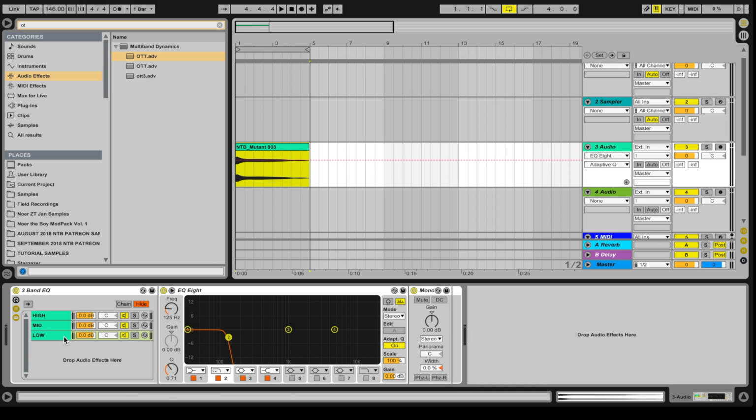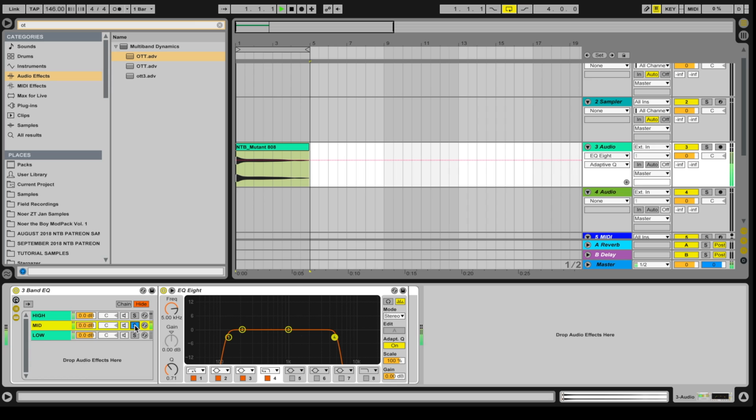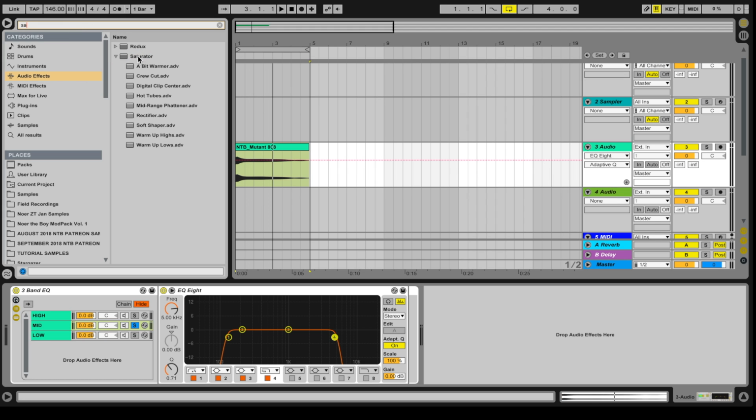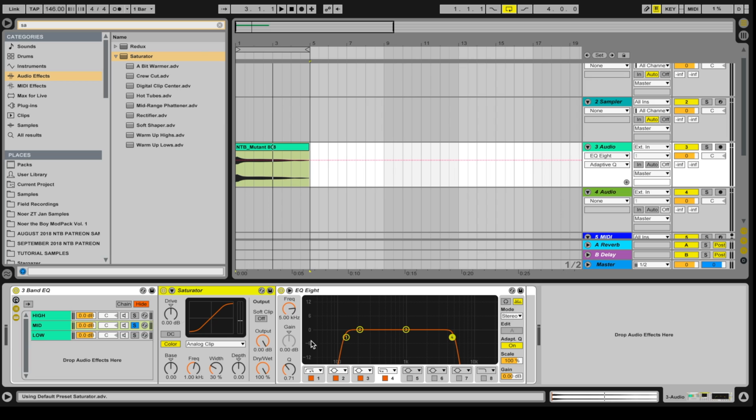So let's start with the mids here, soloing them. It sounds cool, but a little flat. So let's give some texture and some depth to this particular part. So starting off, I'm going to use Saturator. So I'm going to drop it in right before the EQ8 here, and let's turn the output slightly down, and